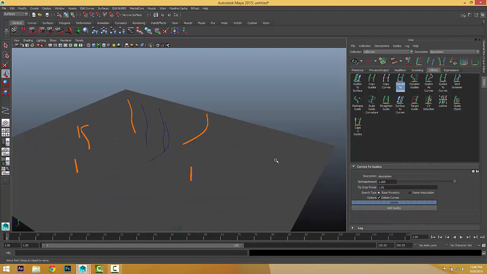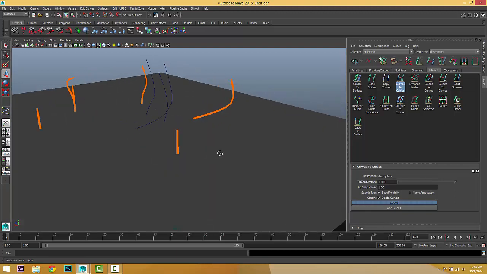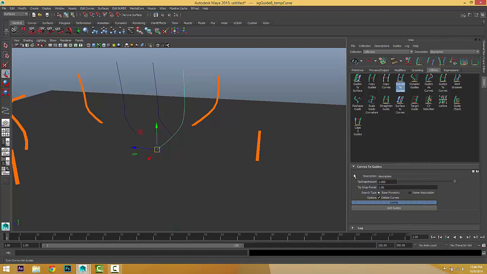And here we've got a few options when we convert a curve to a guide. For example, let's just select this curve. Description tells you the name of the description, because if you want to convert a curve to a guide in a specific description, you can see it from here.